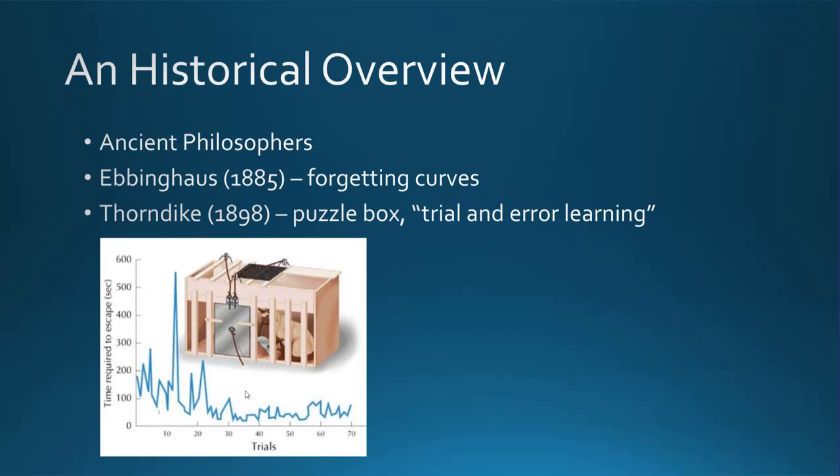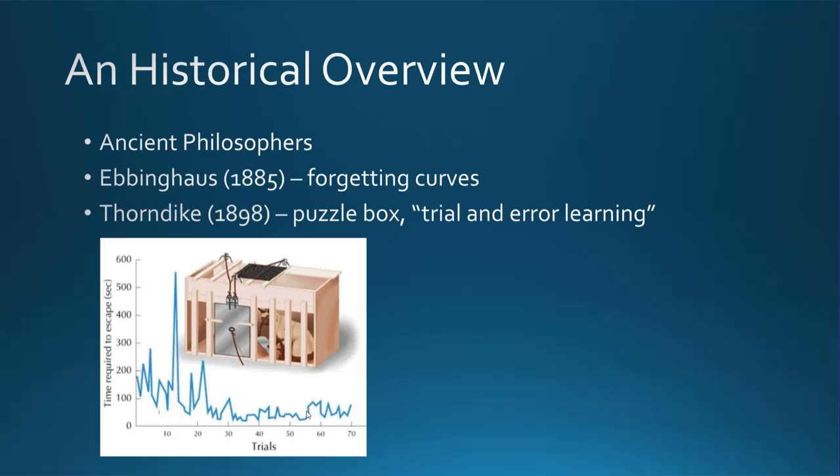Well, the animal can get out of the box if it pulls on a string that's hidden inside this box. If it pulls on the string, it'll activate this trap door, and the trap door will open, and the animal can escape. Here you can see the time that it took the animal to escape. So early in the course of being in the puzzle box, Thorndike observed the behavior and found that the cats just did random sorts of things and learned through trial and error, and eventually learned how to escape, and they would escape pretty quickly, as you can see the time dropping off in this graph.